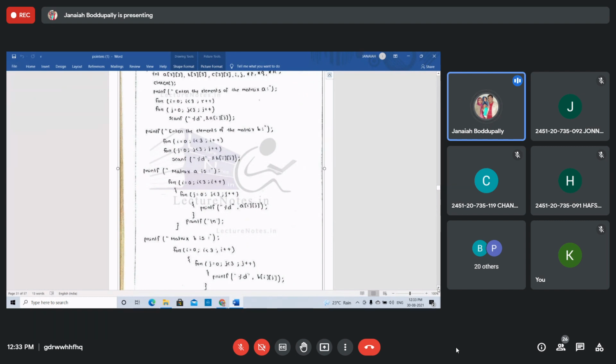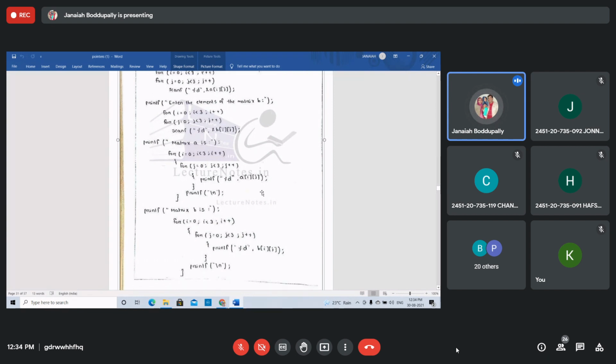Next, how to display matrix A. Just use the braces, the curly brackets. For printf matrix A elements: for i equal 0, i less than 3, i plus plus. For j equal 0, j less than 3, j plus plus. Printf percent d, A of i j. Just displaying the array elements in the order, row by row. Right, row wise. Printf matrix B elements. That's why if you want to display row by row, they give printf of backslash n.